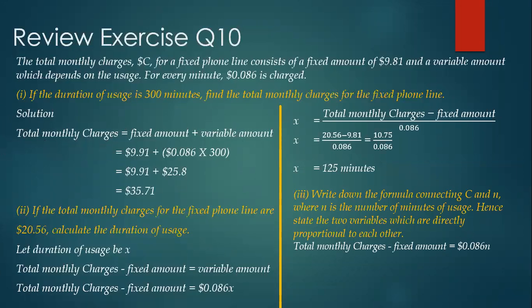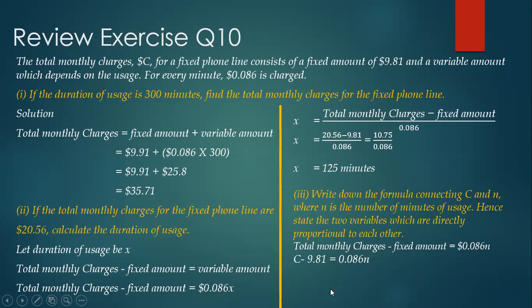So we know that total monthly charges minus fixed amount is equal to 0.086 N, and this is basically C. So C minus fixed charges, 9.81, is equal to